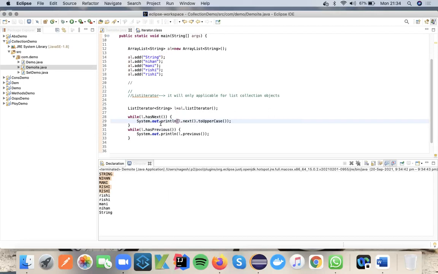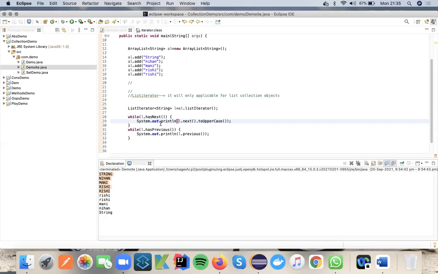It is the forward direction. It keeps fetching the next element until hasNext returns false, and that will keep printing all the values, or if you write some statement, it will keep executing that statement. Now, hasPrevious we are trying to discuss. hasPrevious is the predefined method which will help us print the values from last to first.